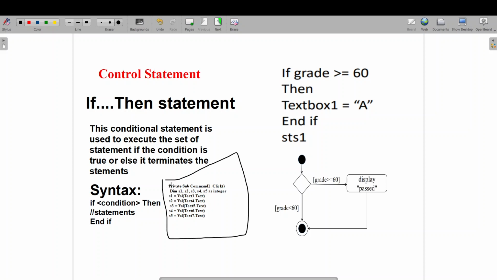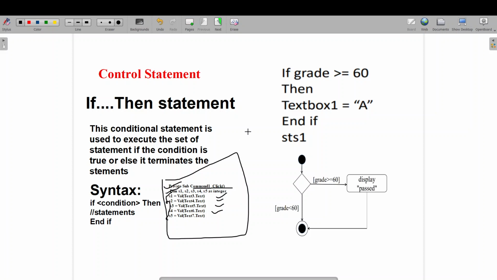This is a sequential flow of statements. As soon as you start executing your program, the compiler identifies your event name and your procedure name, and next it will execute the declaration statement, and it keeps on executing and storing these values. So it will execute one after another in a sequential way. That is a sequential flow of execution.